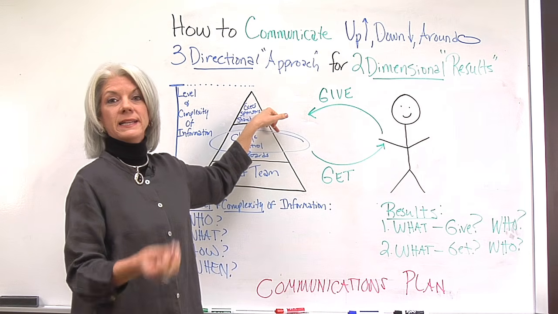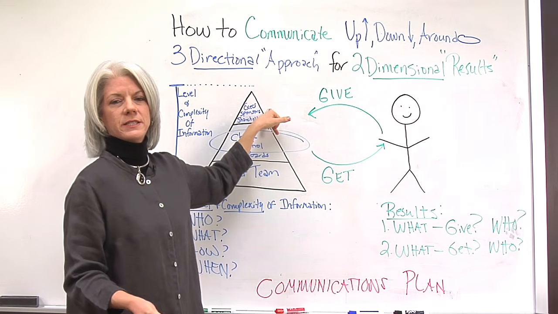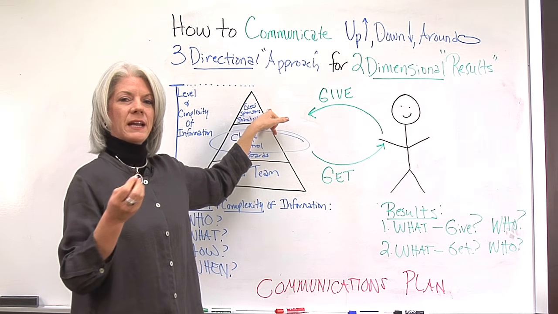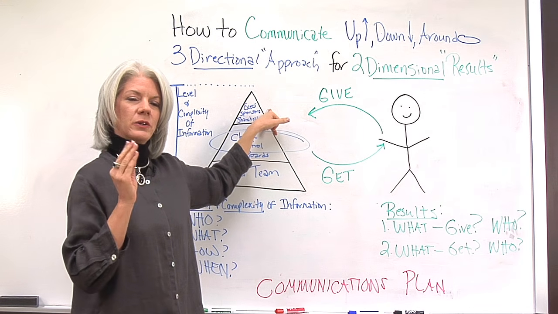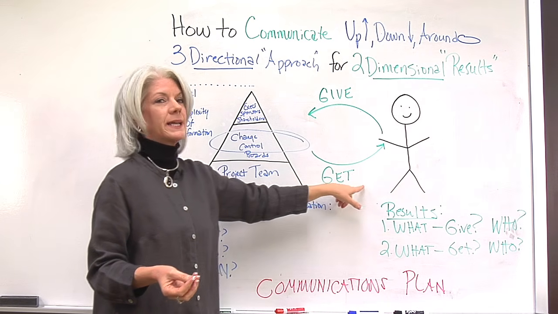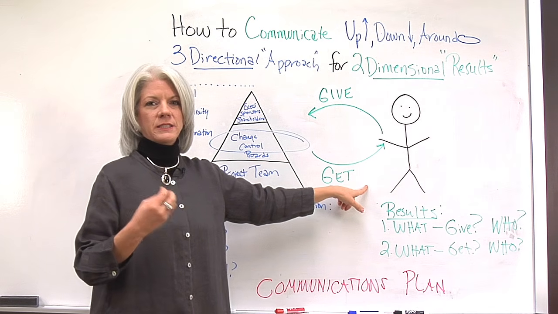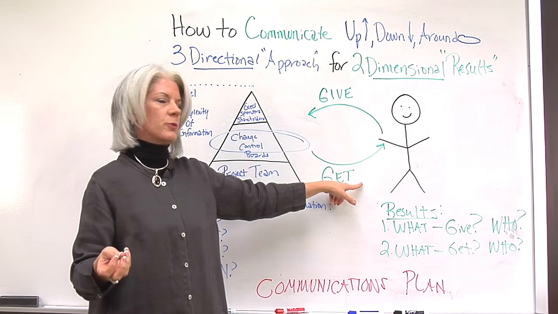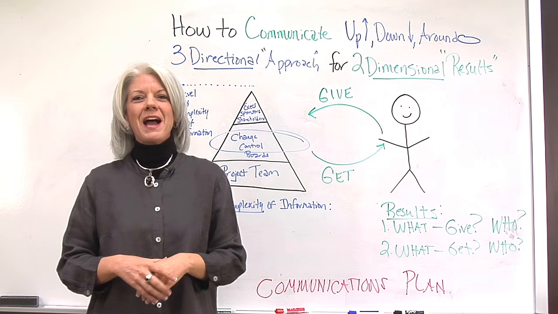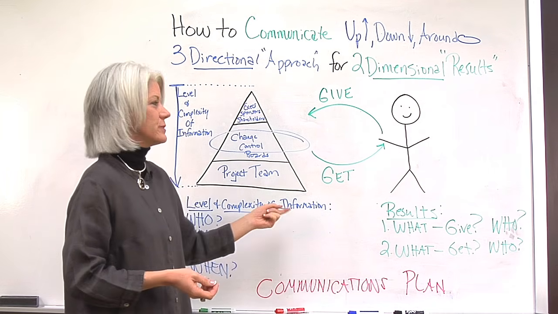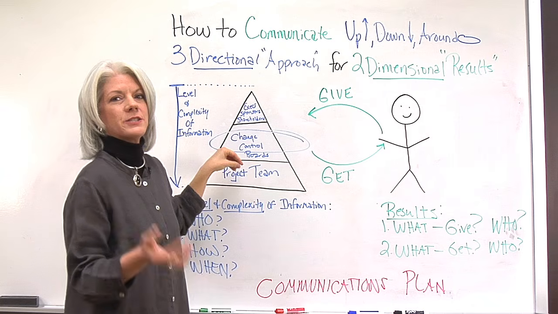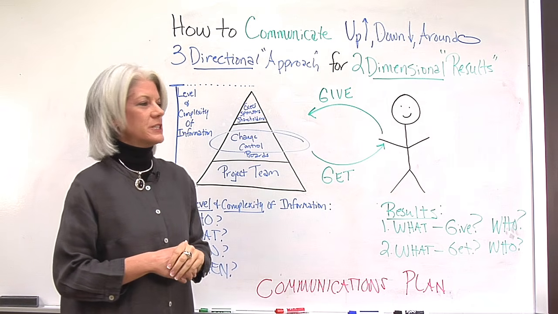From these people, we may need some decisions. They may need decisions. Is this project still a priority? Where are we on the priority list? What kind of business-wide decisions are being made that may impact your projects? The change control board, you may need to get important, timely decisions, information that you need for your project. And then the team, you may need to know where are you really? Have you finished your task? Are there any issues that you need to address? And then again, it's giving. What information do you need to give to these people so likewise they can make important decisions too?